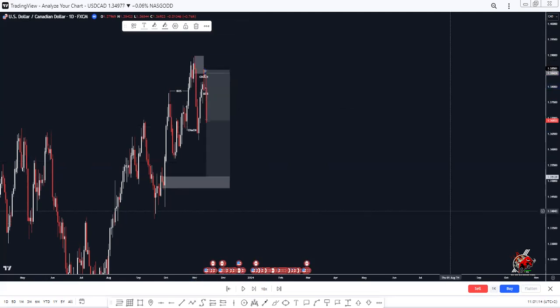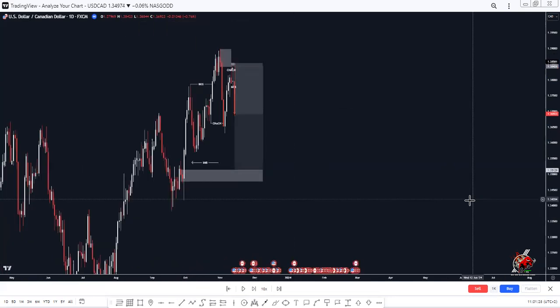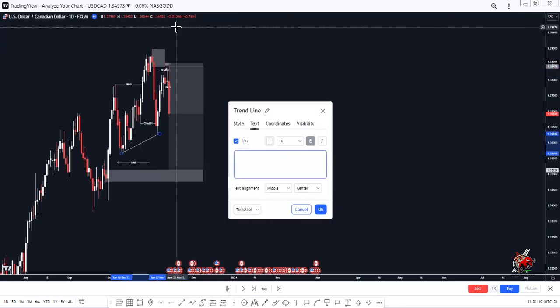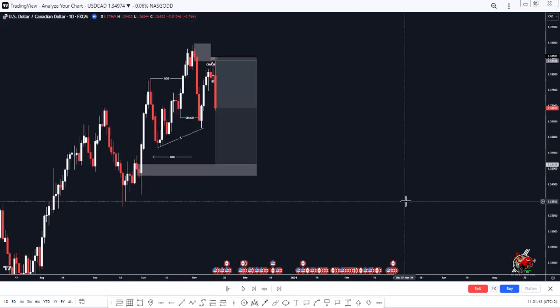All right, why am I saying I'm gonna target there? Because we have imbalance right here. We have imbalance right there. Let me mark it out. Imbalance. We have imbalance right there, and also we have trendline liquidity inside, right? We have this trendline liquidity right here, which is resting liquidity. So what we do, we wait for what? We wait for that